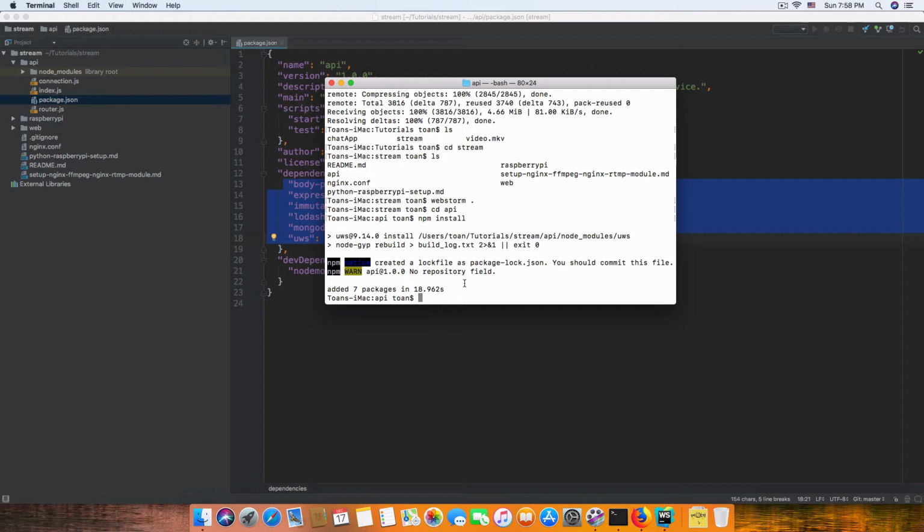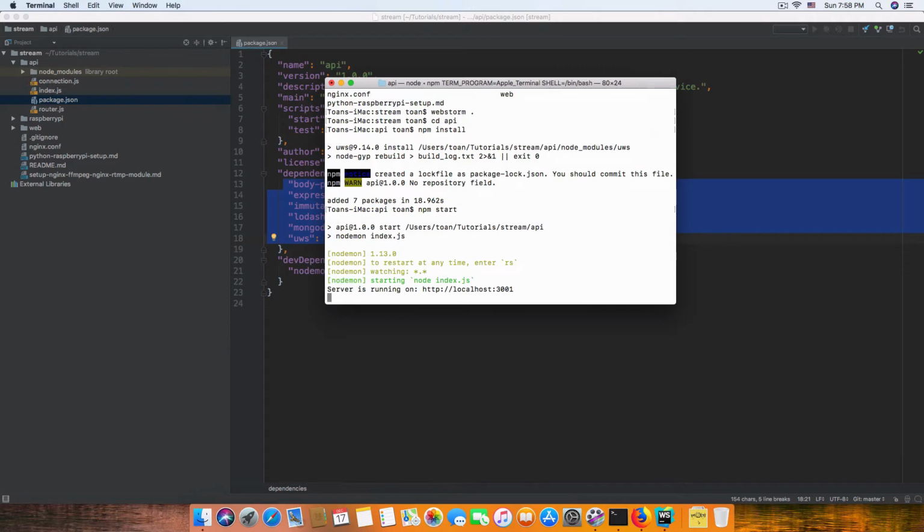To start the API, just type npm start to start the Node.js backend REST service. Remember our REST service is listening on port